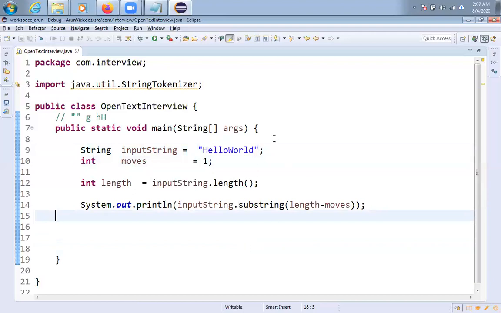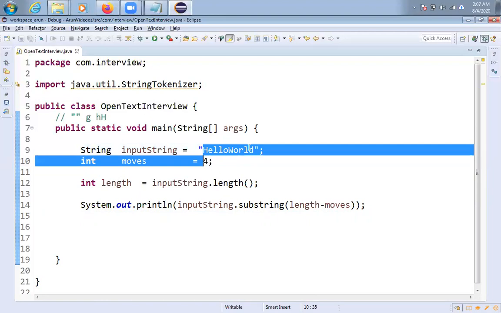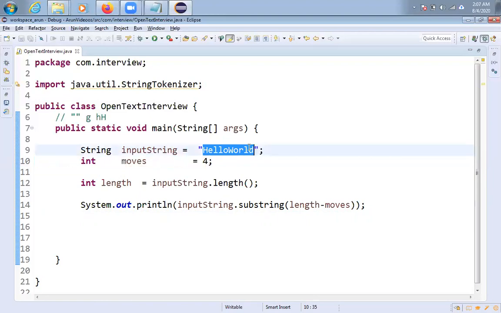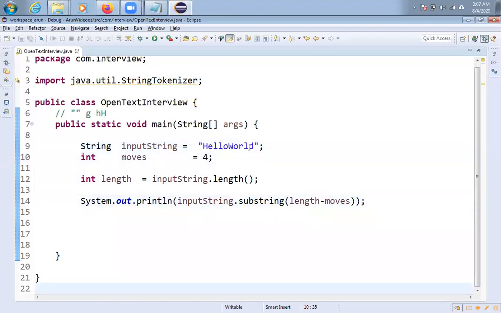But after taking this one, I want the remaining string. So the entire string I want. Suppose if you take 4, then what will happen? I don't want this part, I want this part only, up to hello w I want. So for this one, what I am doing here, simple, friends, please check it here. So input string,